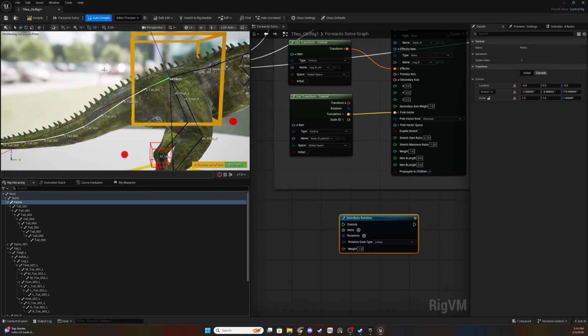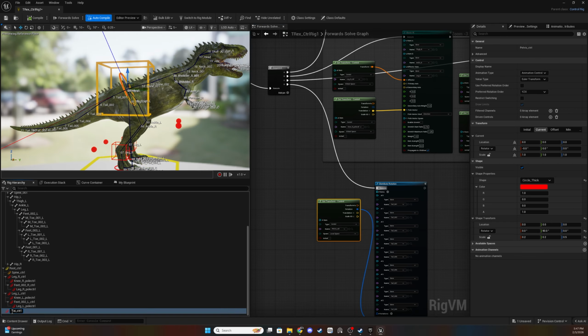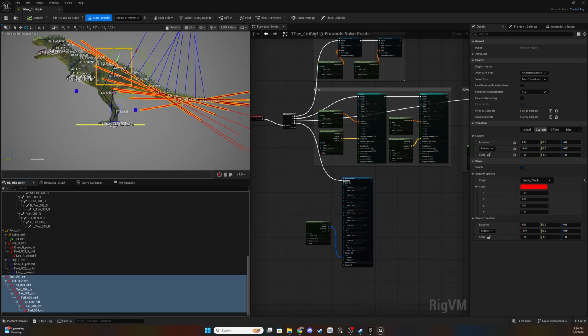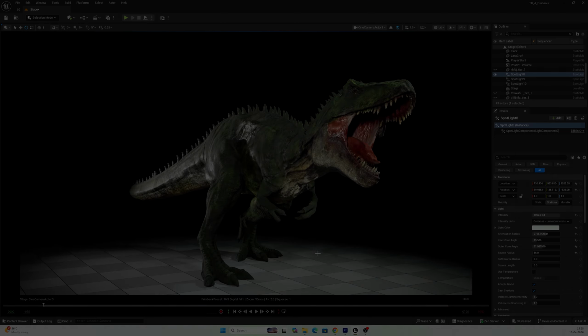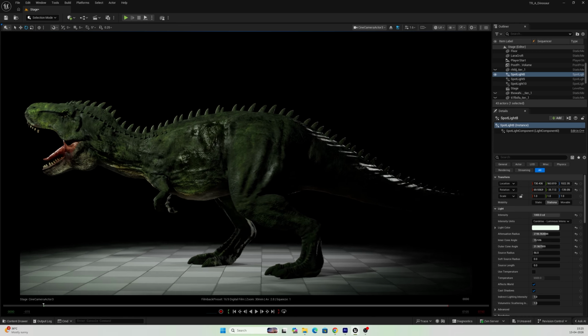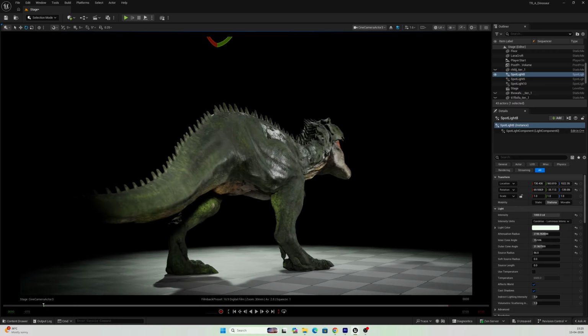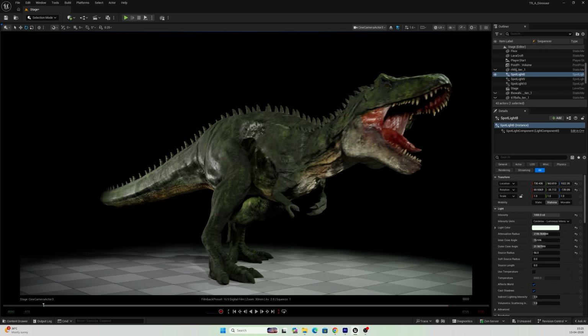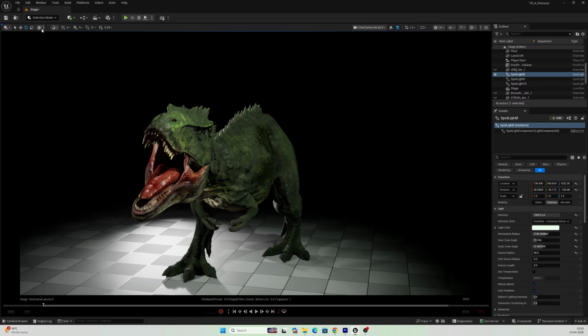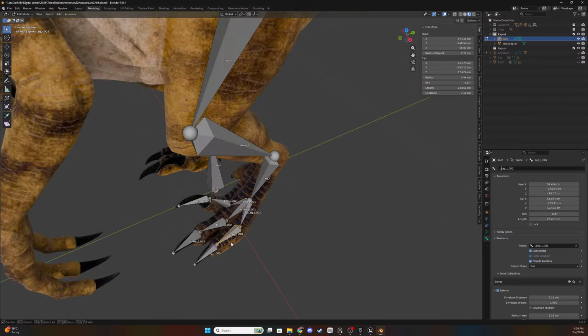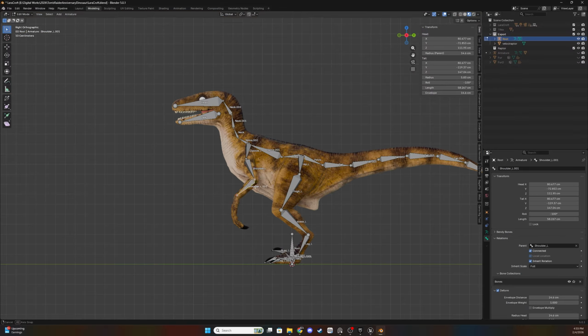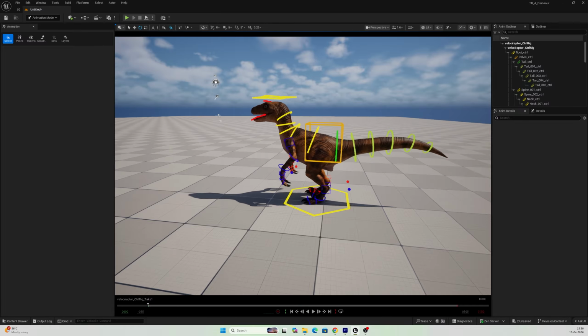Although to animate the T-Rex I need control rigs, so I made one in Unreal Engine. I'll try to make a video on it someday, maybe not, but this is how the rig looks, and here is the T-Rex after I pose it. Pretty cool. This was a lot of work. So next, I did the same process with the Raptor too. I made the deformed bones in Blender and made the control rigs in Unreal Engine,